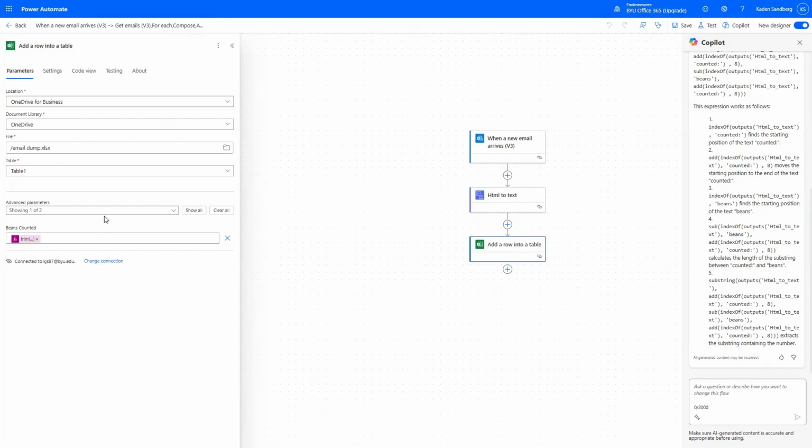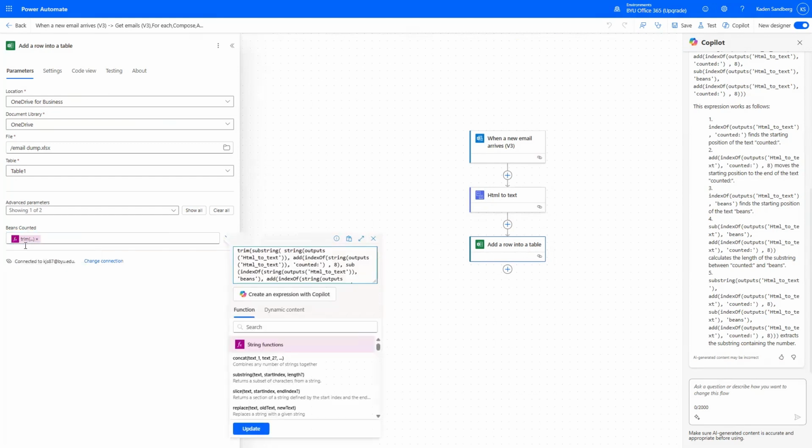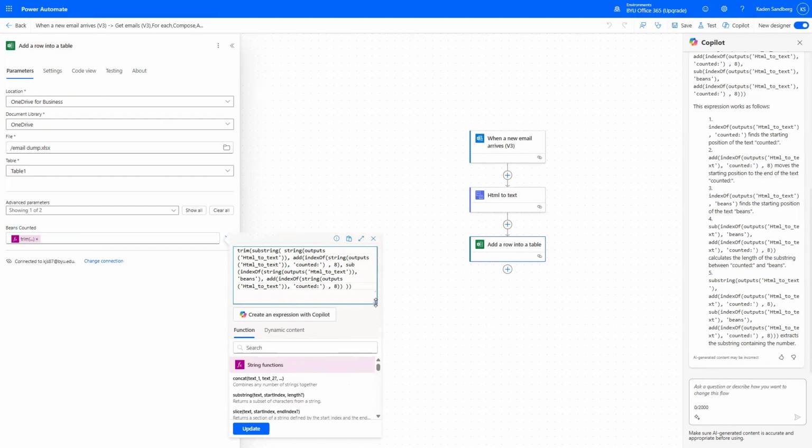So once you get that far, you know that your step triggers, your flow will trigger when an email arrives. It'll turn that HTML to a text, and then it'll put it in a table. But how do you make it so it gets just those numbers? Well, one of the most powerful parts of Power Automate is this idea that you can use functions within pretty much any of the tools to further refine what you take from one step and put into the next step, right? So in this case,